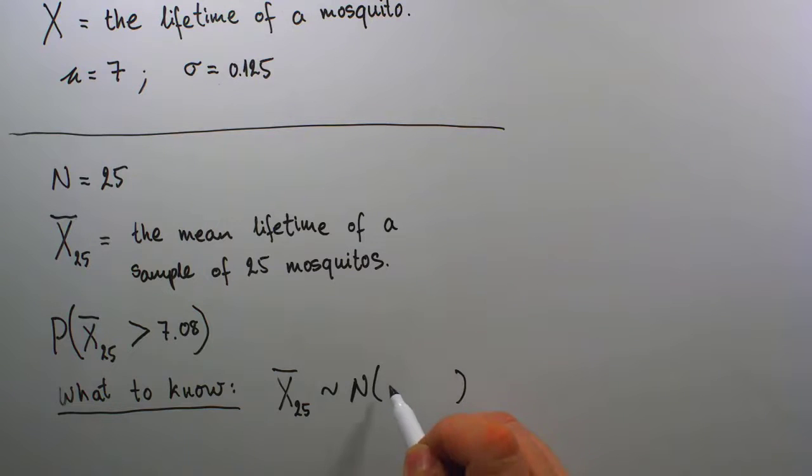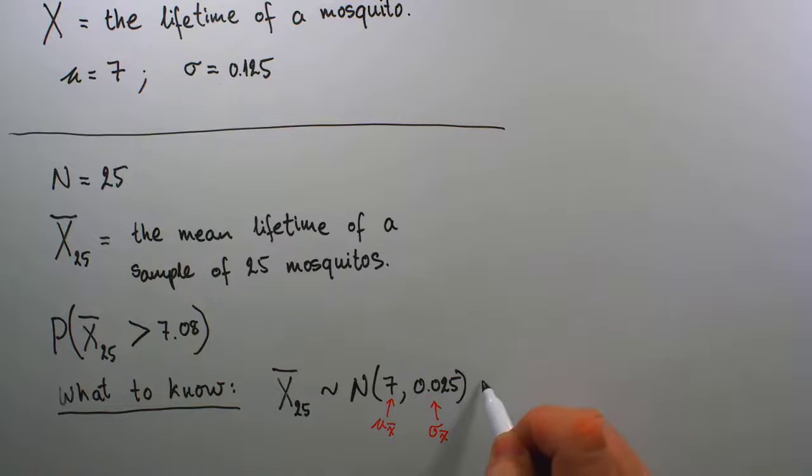And if it is, then it's going to take 7 as the center and 0.025 as the average spread. Recall again, this was our mu x bar that we found earlier, and this value 0.025 is our sigma x bar, the average spread of our distribution. But we are still at a question mark right now, whether this distribution shape, a nice bell curve, will be true for our current sampling distribution. And the answer to this yes or no question